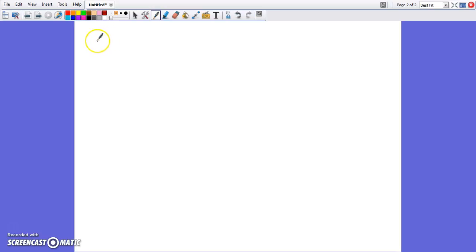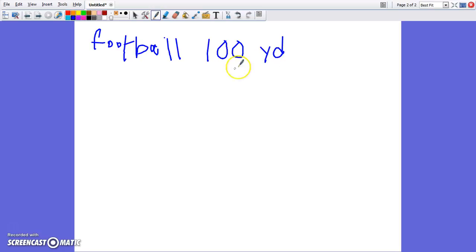Okay, how many inches are in a football field? So we know a football field is 100 yards. And we want to know how many inches that is. So we start off our dimensional analysis, and we're just going to start off with what we know, that we